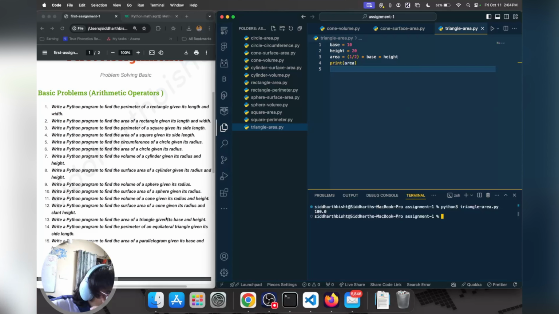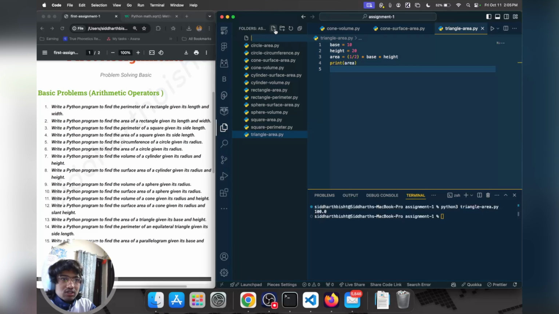Next problem. Write a Python program to find the perimeter of an equilateral triangle given its side width. So now I have to find the perimeter of an equilateral triangle. In an equilateral triangle, all sides are equal. So if I just declare one side, then all of these sides are equal. So let's call it equilateral triangle